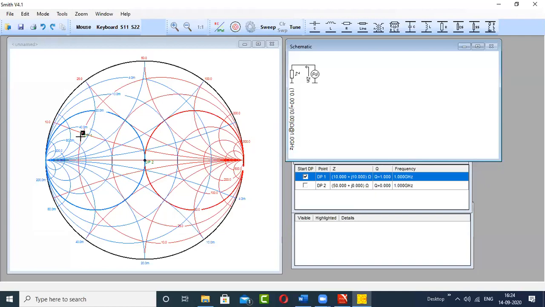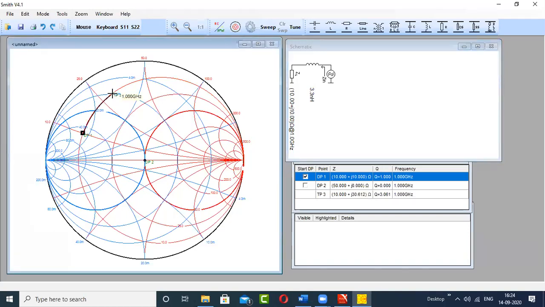For example, I can take one inductor, and instead of choosing this intersection, I will choose the other intersection. I will move there. So one inductor, then from there I will go to this resistance circle, this reference which is passing through the center of the Smith chart. Now for that, I will be moving on this blue circle.